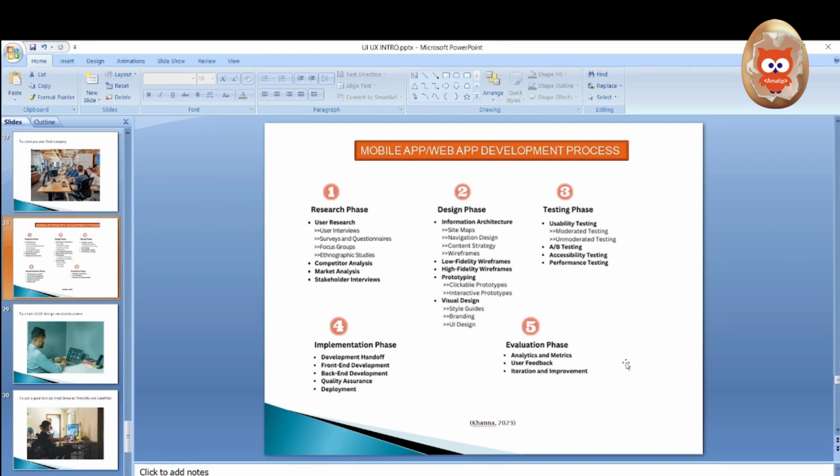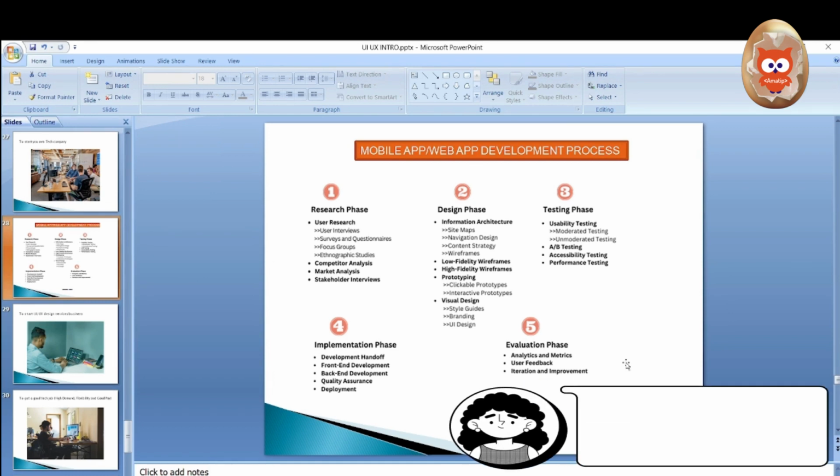If you're able to do proper research, proper design, proper testing, by the time you move to the implementation phase, it will be easier for you,